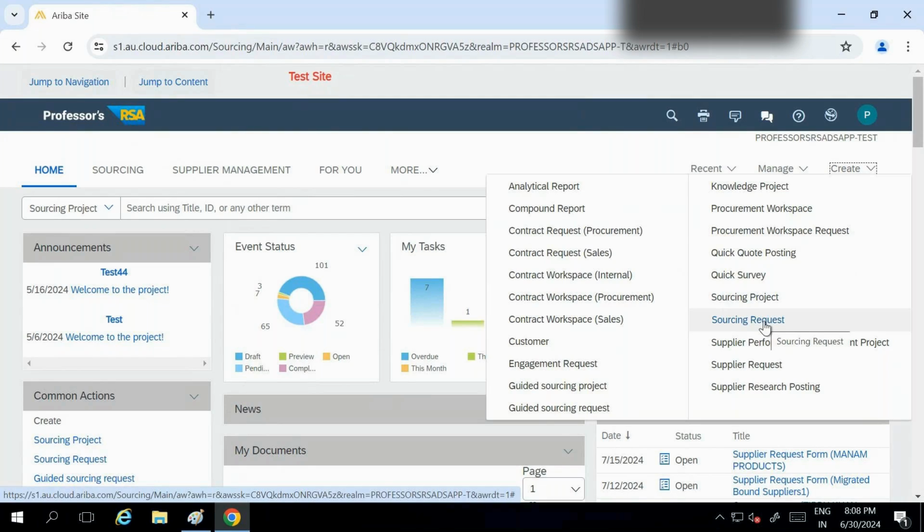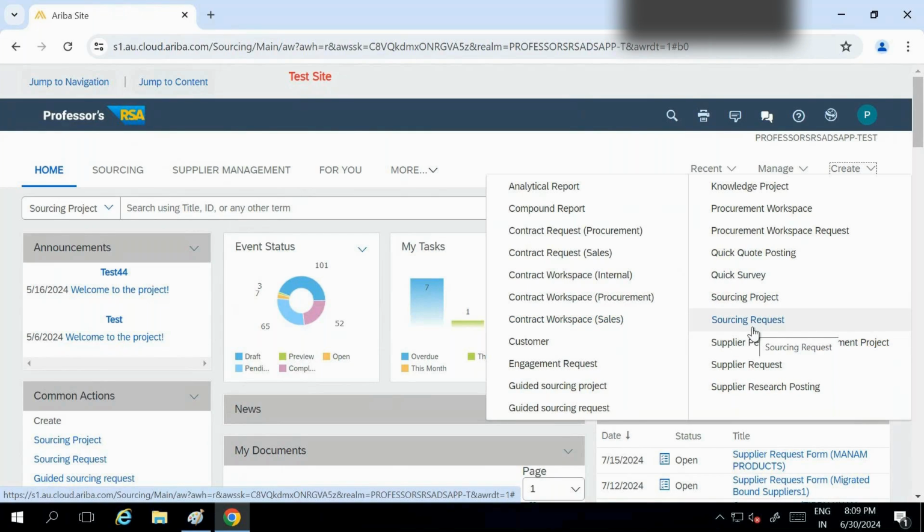But if you know Ariba Sourcing, SLP, these are integrated systems with backend systems like ERP, your S4, ECC or Oracle systems. There is one concept, quote automation, where we can integrate those two different systems. But first we will understand the basic standalone system, and then we will discuss the sourcing request concept.